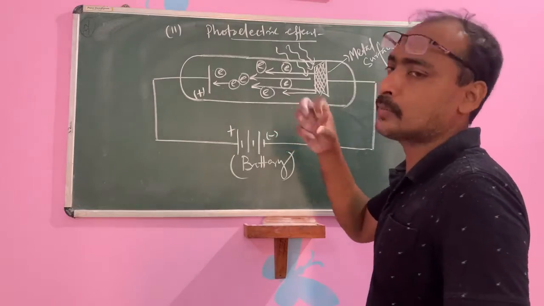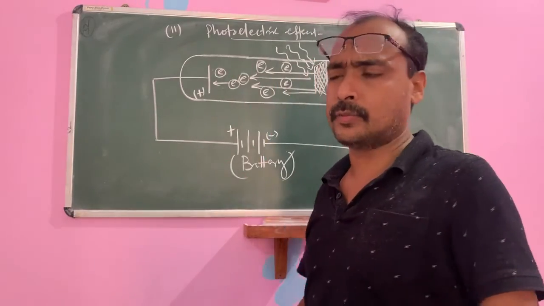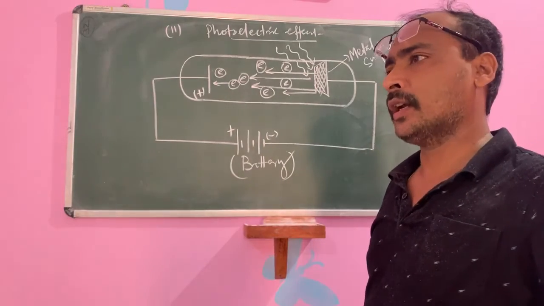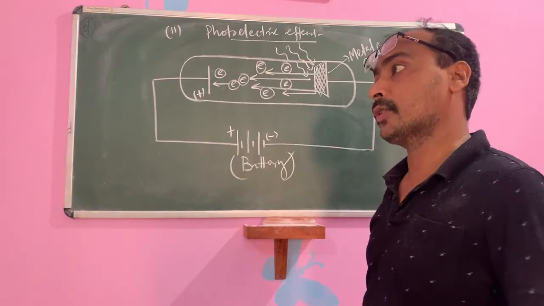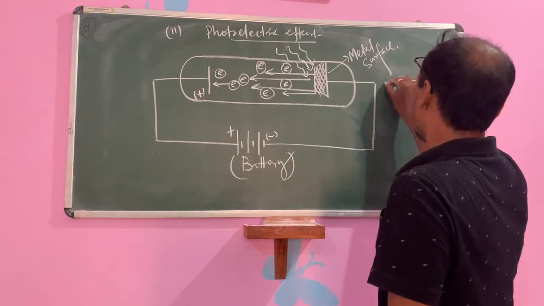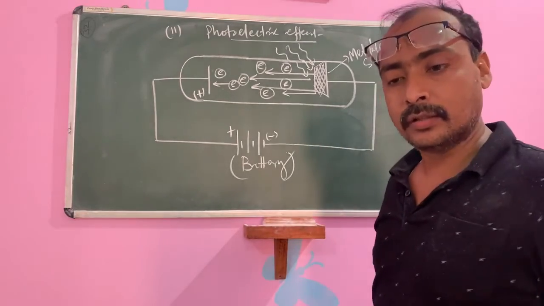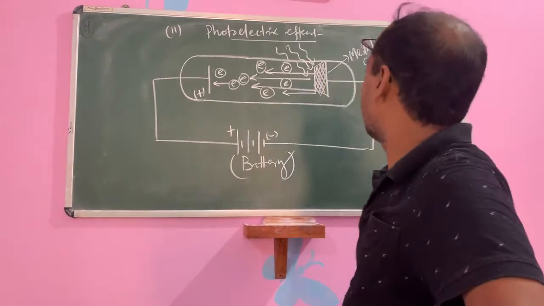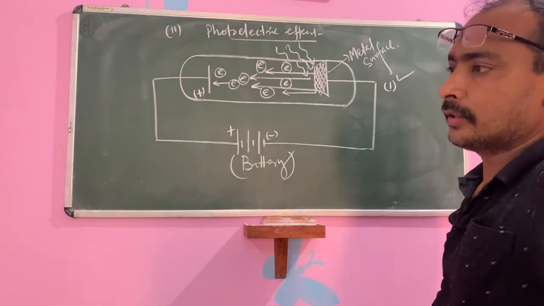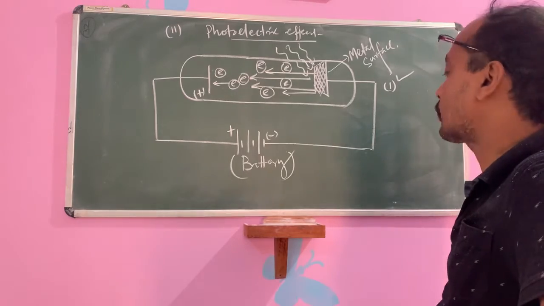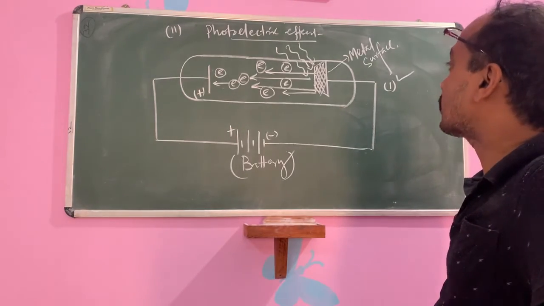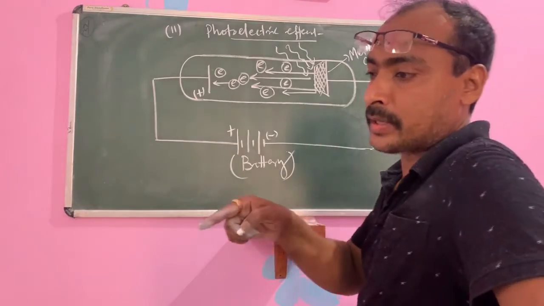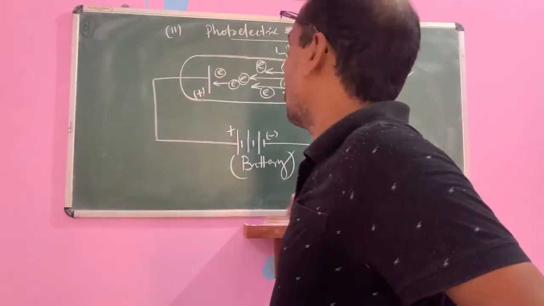Then electricity is produced, that is, the moving of electrons produces electricity. So these are some results of the photoelectric effect. What are the results? The first result: increase the intensity of radiation, that is sunlight or electromagnetic radiation, and there is an increase in the ejection of electrons. Then, as soon as the sunlight falls on the metal surface, without gap of time, electrons are ejected.